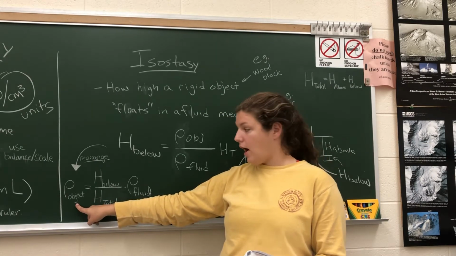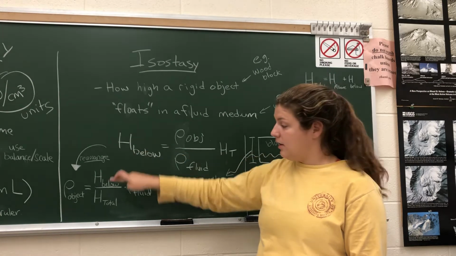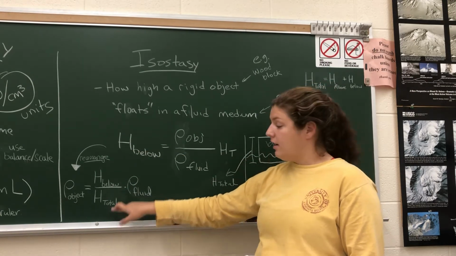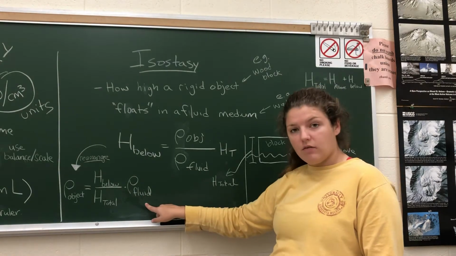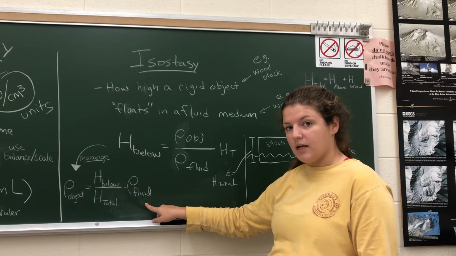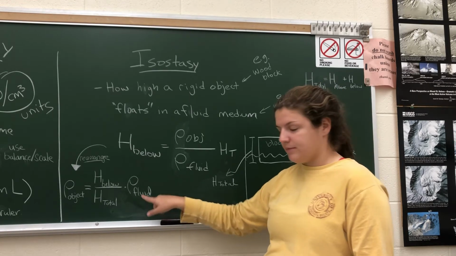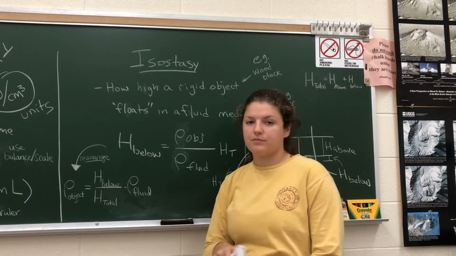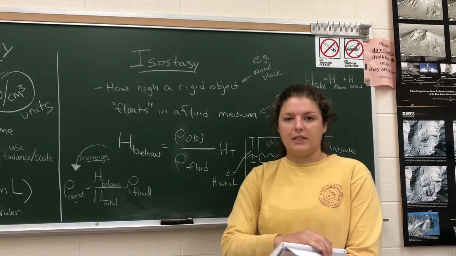Density of the wooden block is equal to the height below the water line divided by the total height times the density of water. Again, the density of water is 1 gram per cubic centimeter. So you're multiplying by 1 at the end. Keep that in mind. As we continue through the lab, there's going to be a few different questions, and one